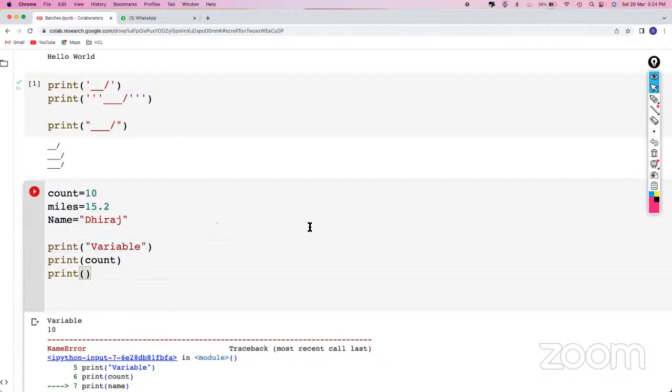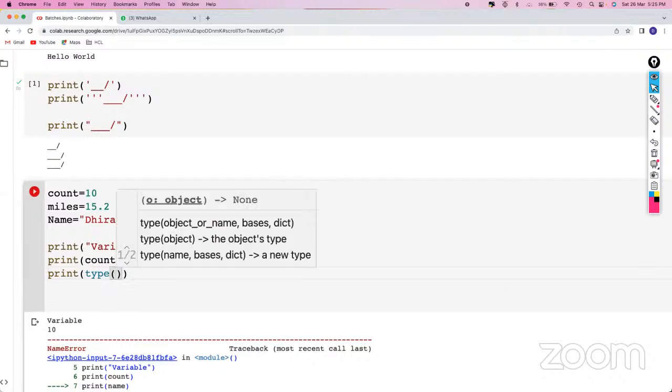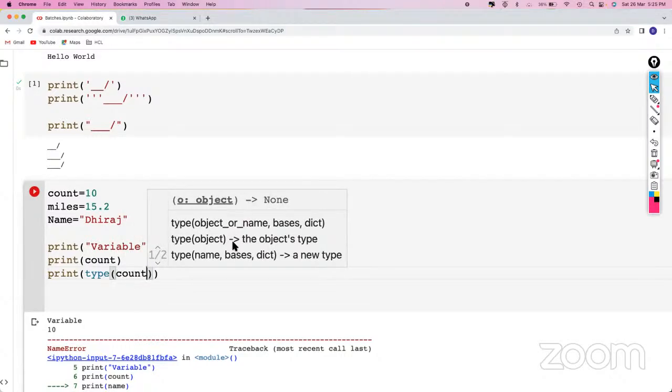So the simple inbuilt function we have, we're going to see it in a specific slide for inbuilt functions, but I just wanted to tell you, inbuilt functions are those that let us check which type of data is stored in a variable. That inbuilt function's name is type. If you write type, and in the parentheses you write count,